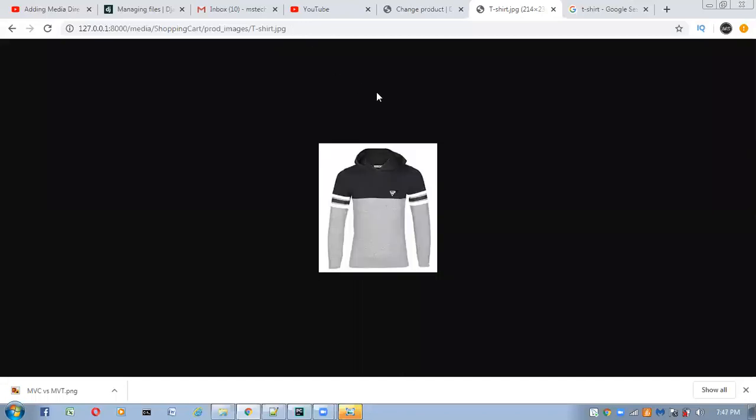So now I'm going to access all these images on the browser. Tomorrow I will design one homepage. There I have to take all these images from the media folder and display them on the browser. Right below each image, I want to display the details of that product also.